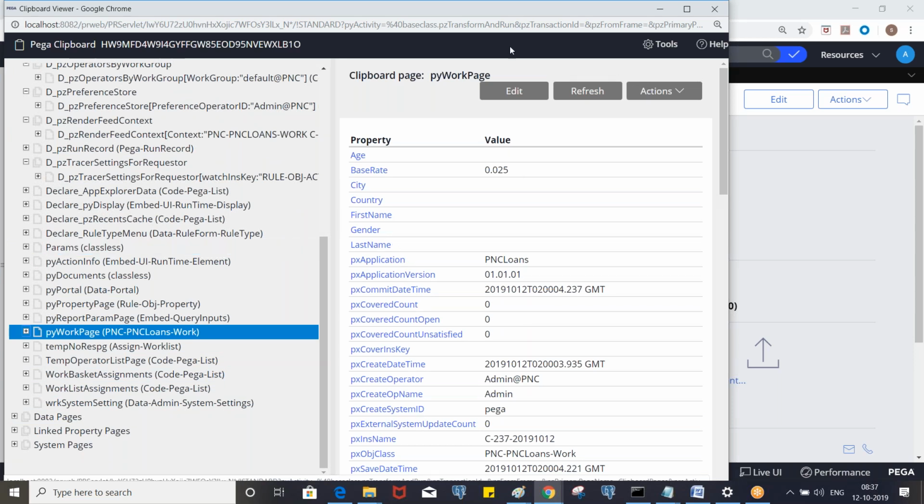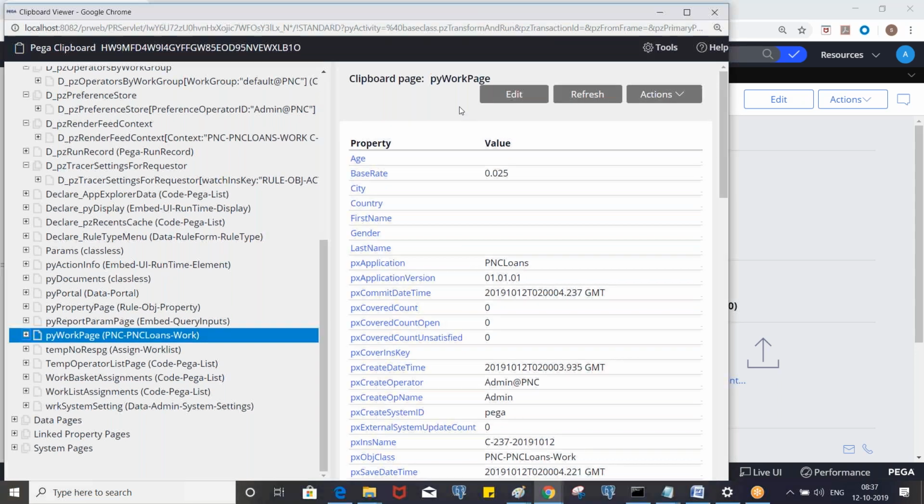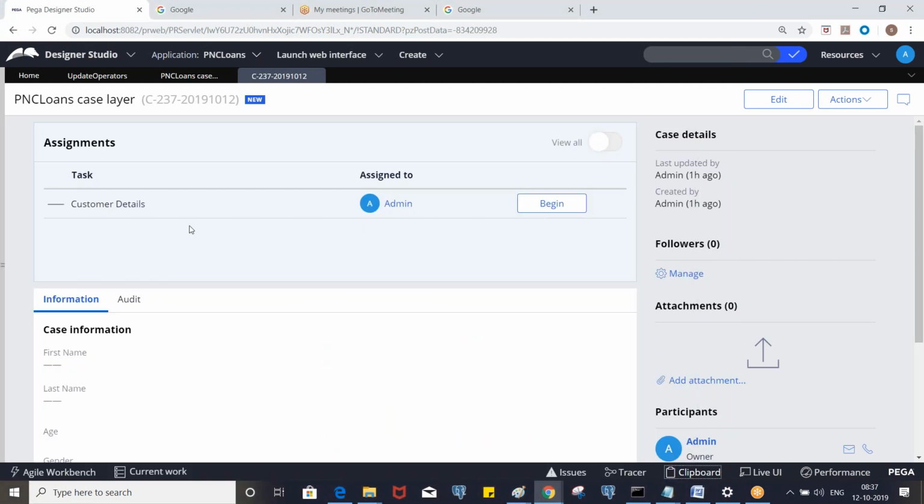So you don't have any last name. Once you update the last name through the activity, you should be able to see it. That means you are updating bulk data. Not only the last name, you can create one property and update some common data for all the work objects, and you see it by opening them.